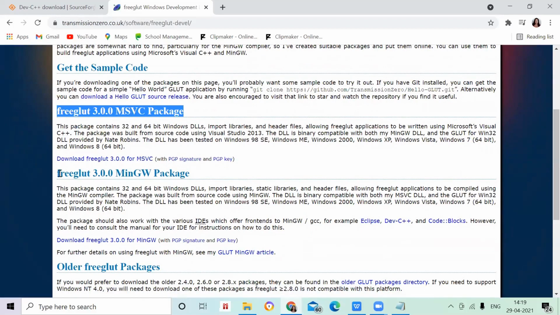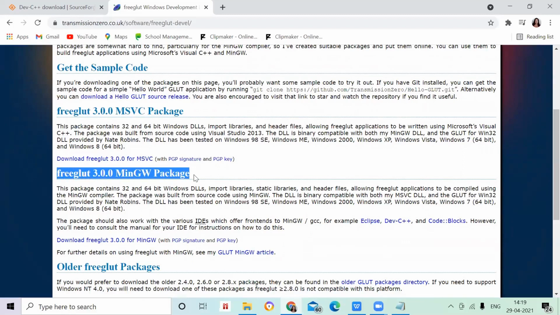But what package do we want? We want this package, MinGW. Here you can see download freeglut 3.0.0 for MinGW. So these are my binary files. You have to click this.